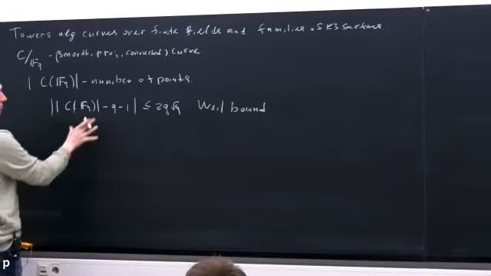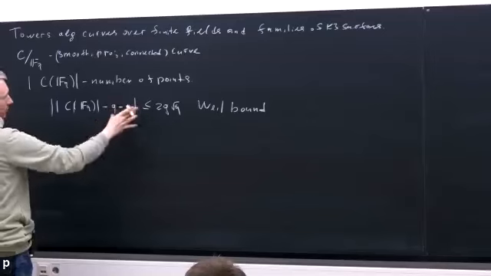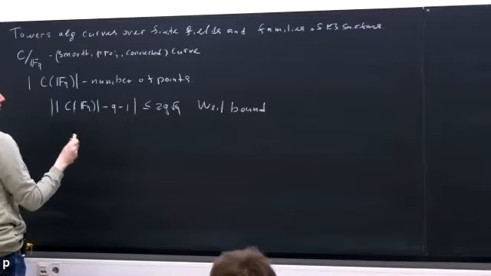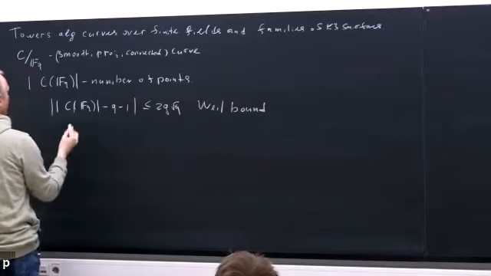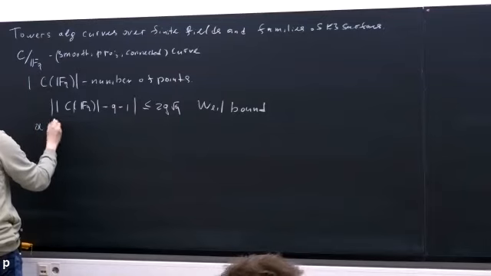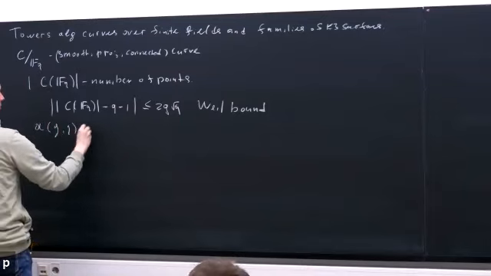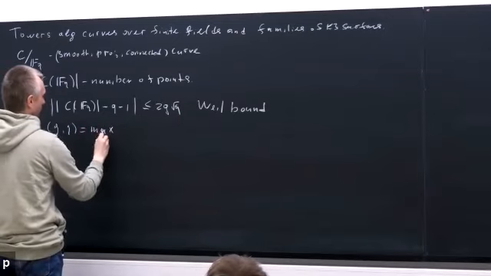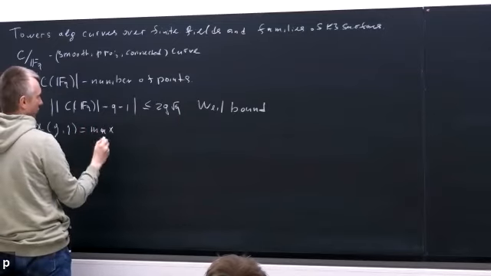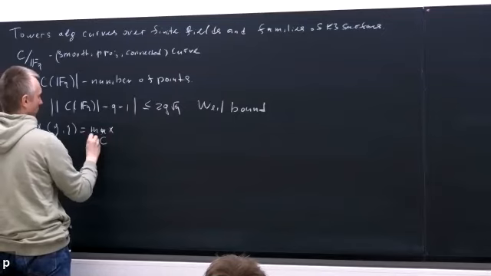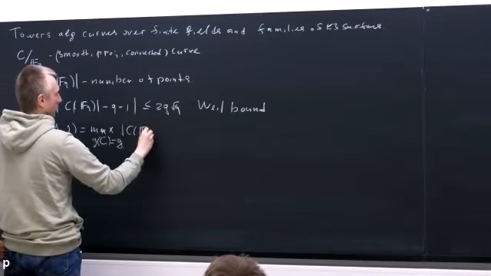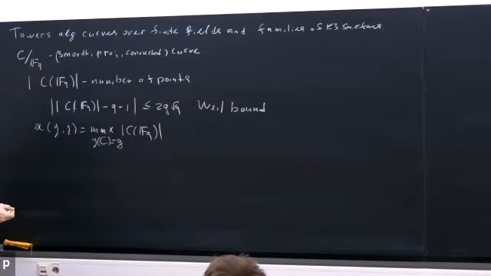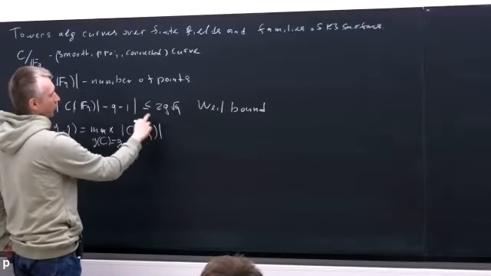Actually, that means that this number is bounded like this, and since the bound depends on g and q, we may define a number which depends on g and q. This is the maximum number of points on any curve of genus g. How large is this number? How far is this number from the bound? That is the question.